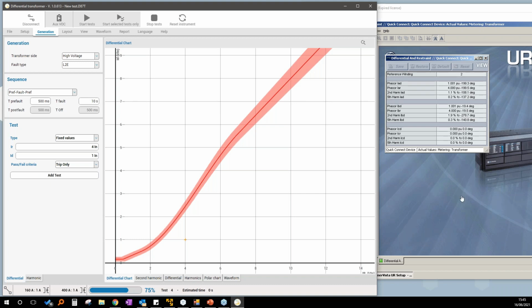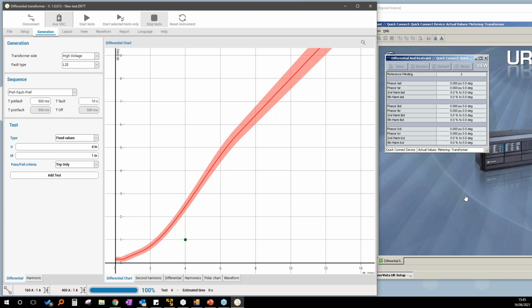This is a very important aspect. I really recommend you spend time to understand if the differential current that you want to generate is correctly measured by the relay. Otherwise, you can't be sure about what you are doing.